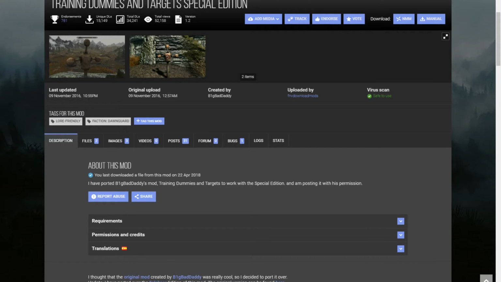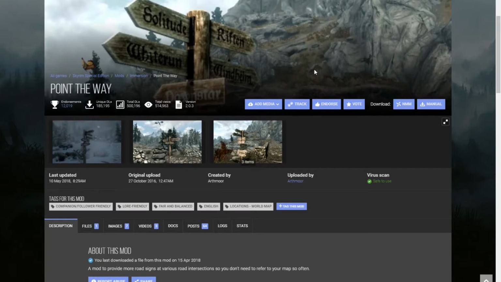So next up, we have Point the Way. Now Point the Way just adds extra signs to the world. The thing about virtual reality is that the UI is still not particularly good. It's not really streamlined for playing with a headset and motion controllers. So you want to avoid UI as much as possible. So what this means is that you don't want to spend a lot of time